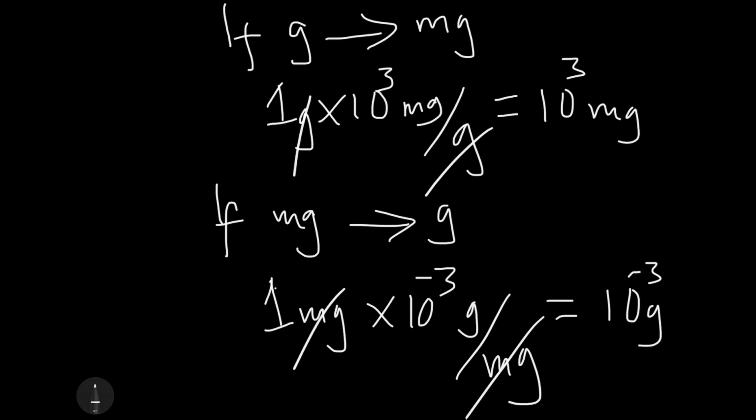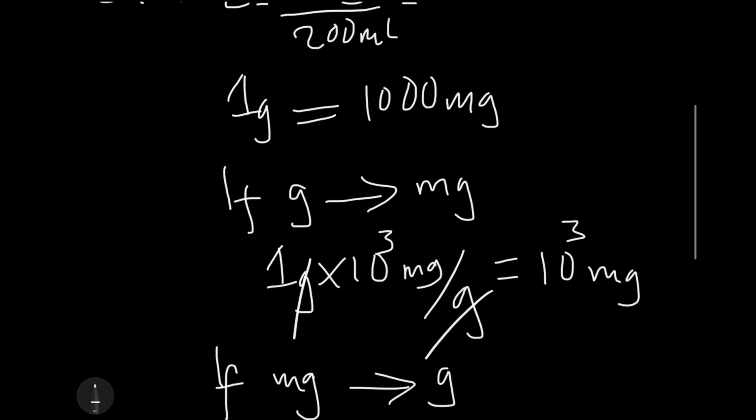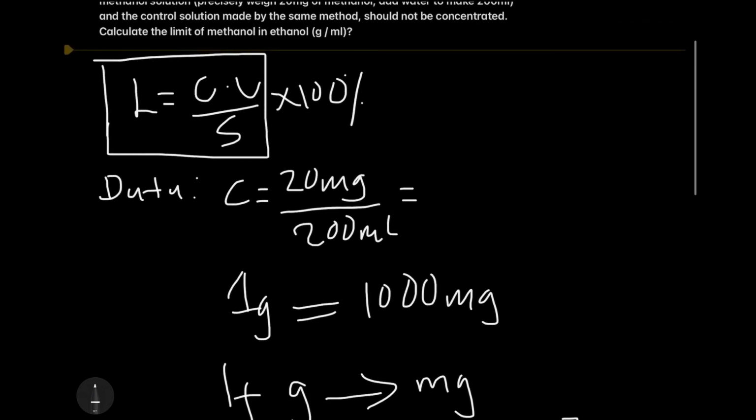Okay, so we can proceed. In this case, we want to convert micrograms into grams. So we can simply multiply this value by 10 to the power negative 3. Then it's going to be grams per microgram, so that this gram and that gram will cancel each other. So when we get our calculator,